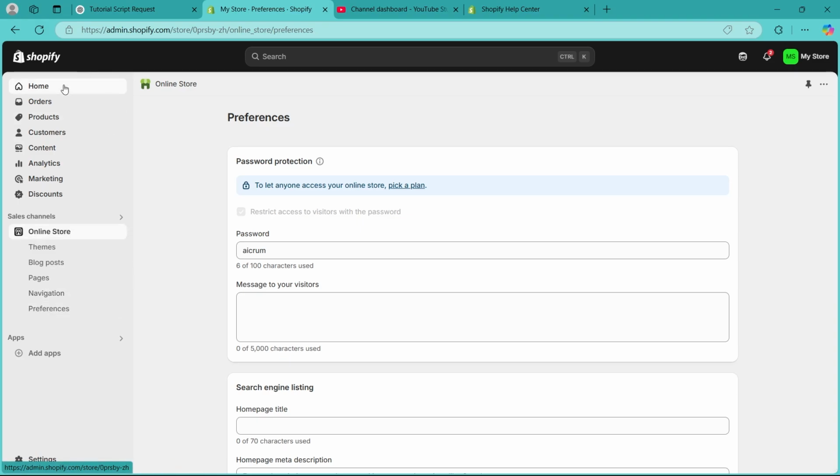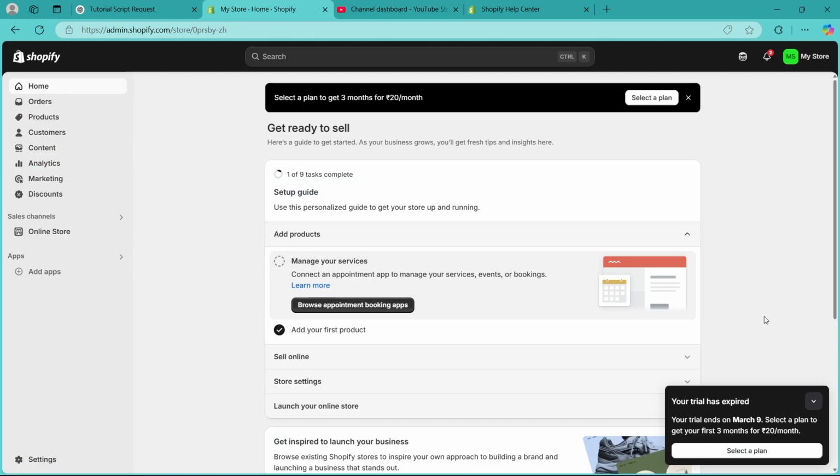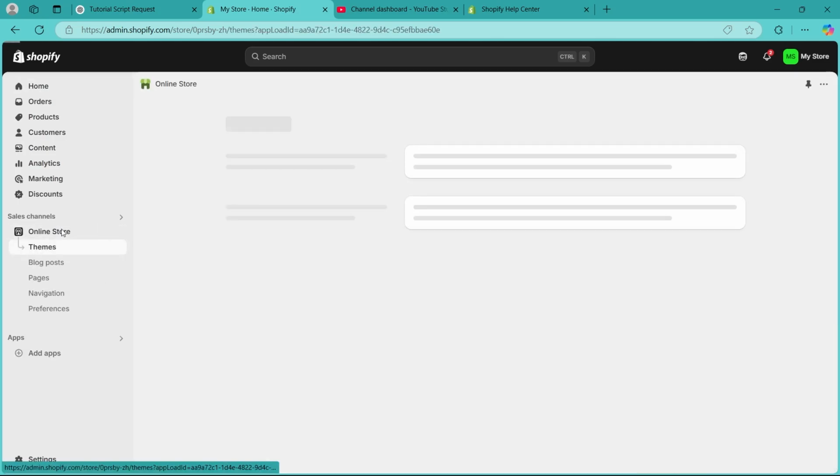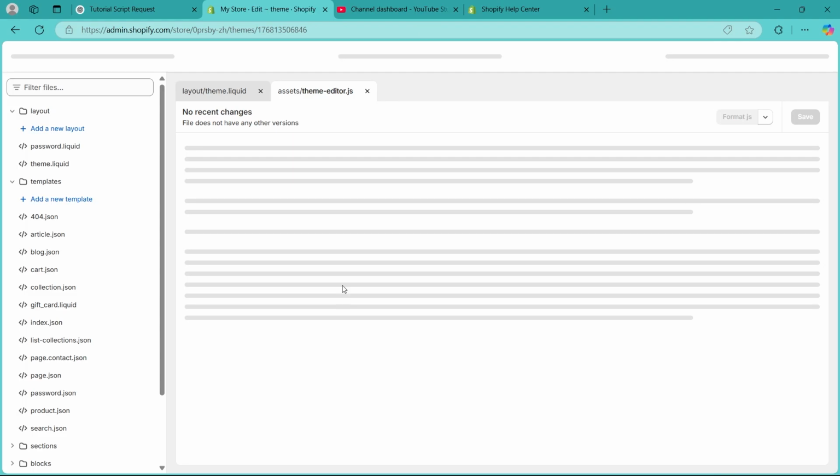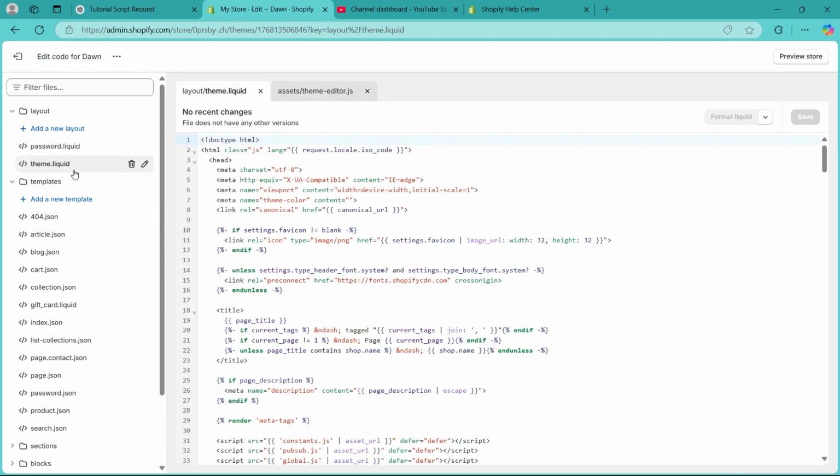So, sometimes a faulty theme or custom code can cause random redirects. So, navigate to Shopify admin, navigate to online store, navigate to themes, then click actions and click edit code. Now, open the theme.liquid file or search for it, then press Ctrl plus F on your keyboard, then search for